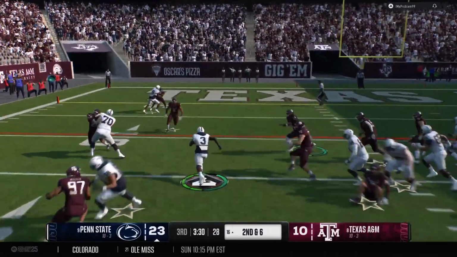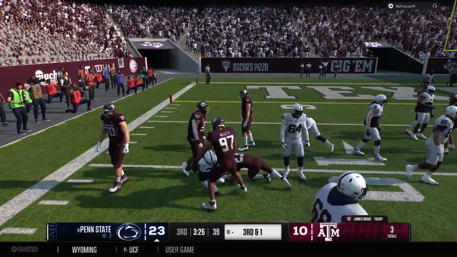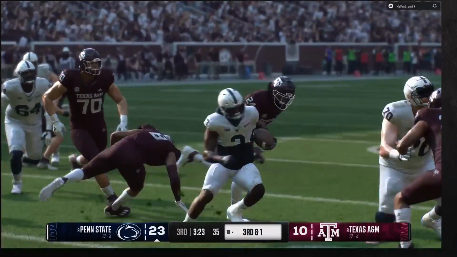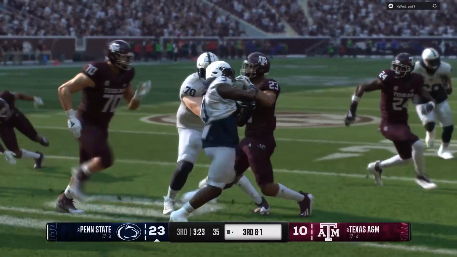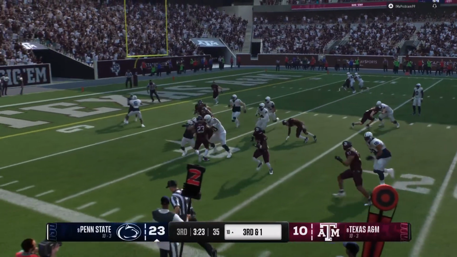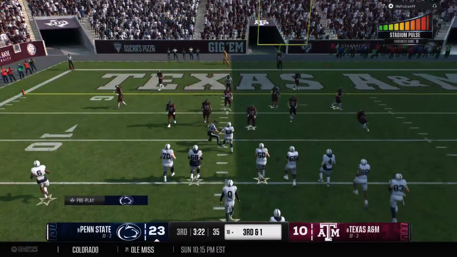And from the shotgun, an inside handoff. Breaks one tackle, gets brought down, but picks up some decent yardage. You know, a lot of people feel running backs with elite speed shy away from contact. But that wasn't the case there. Instead of running around the defender, this back elected to run right through him.